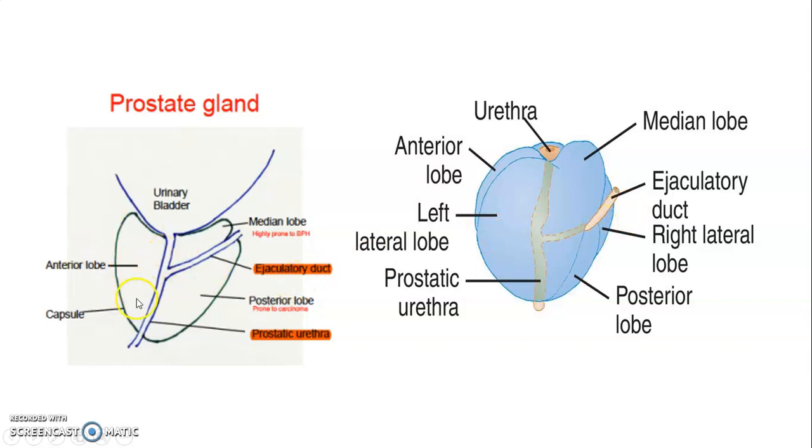That's the anterior lobe. Okay, that's the ejaculatory duct, prostatic urethra. This is the median lobe and the posterior lobe. Okay, this is the left lobe, anterior lobe. On the other side is the right lobe. This is the ejaculatory